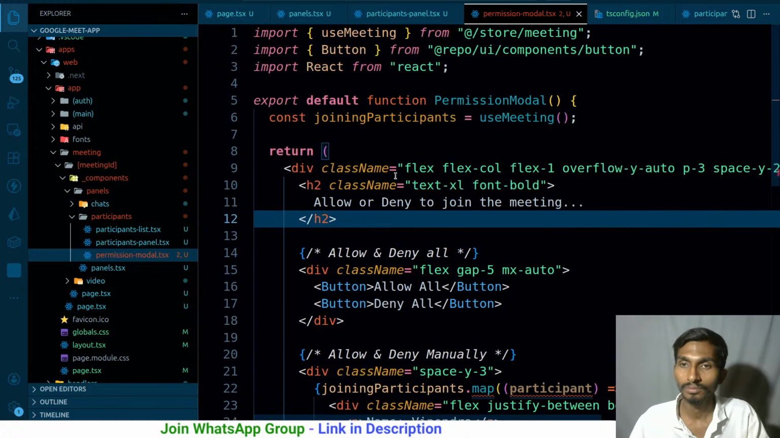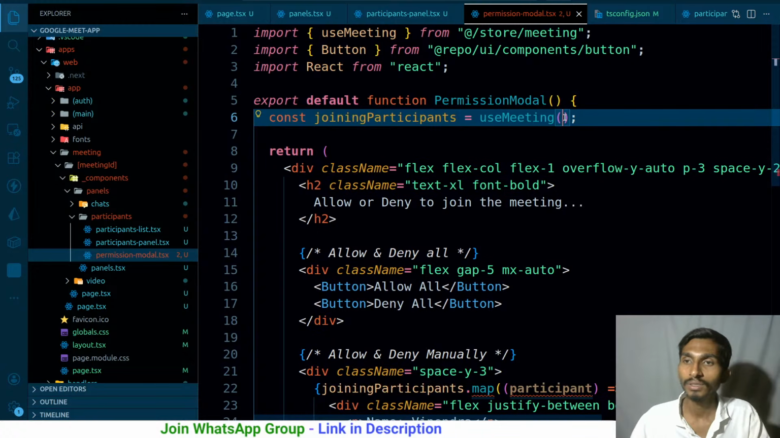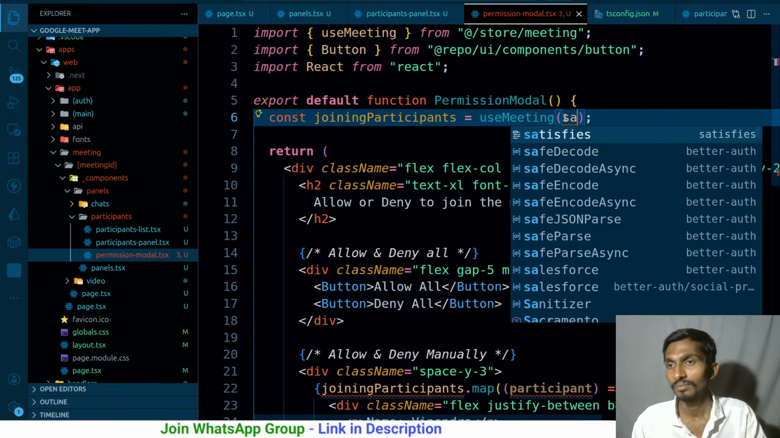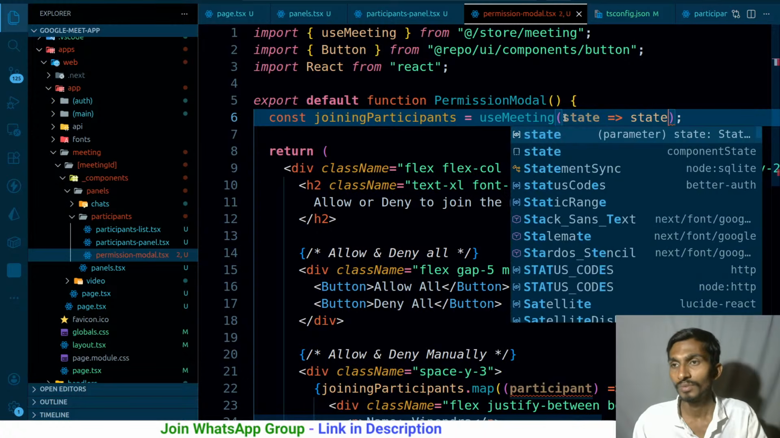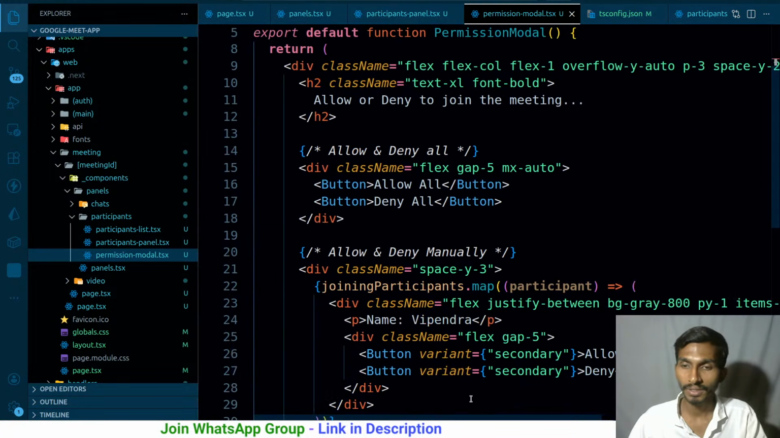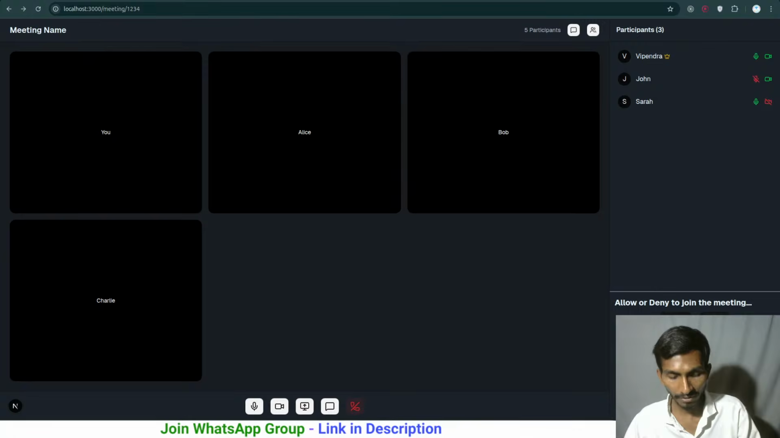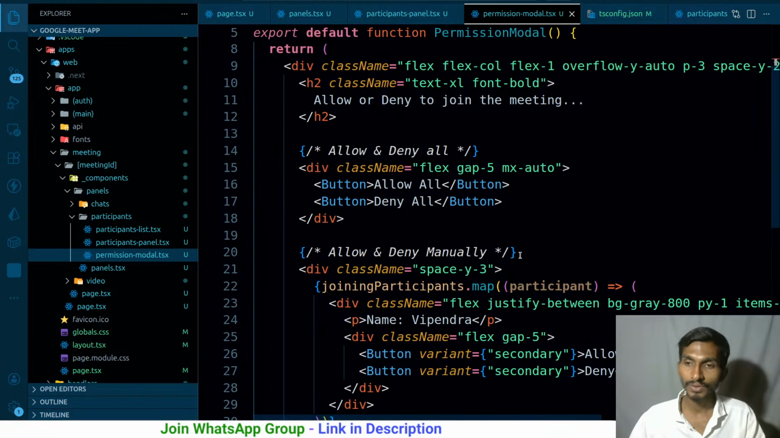And as for I got the joining participants once I have them. By the way, this is the use meeting state dot joining participants, and right now I'm not gonna be getting any error, and this is how it's gonna be going on. Having said that, I will not even see any participant. I can allow them, I can deny them, but if I don't have any participant, that simply means